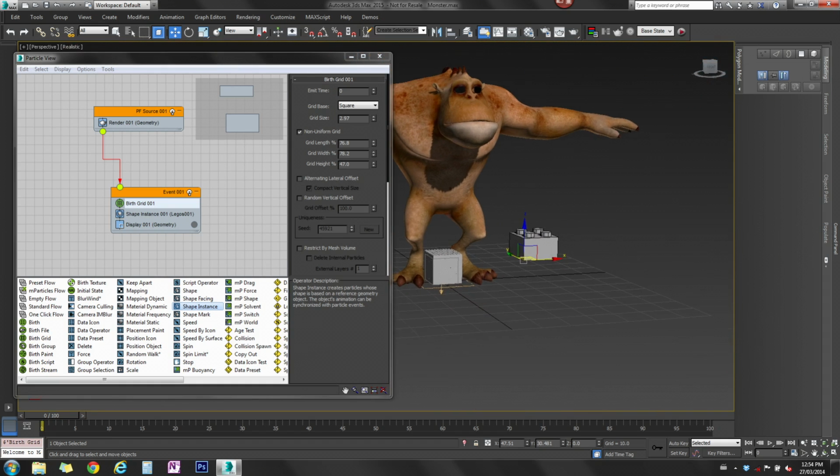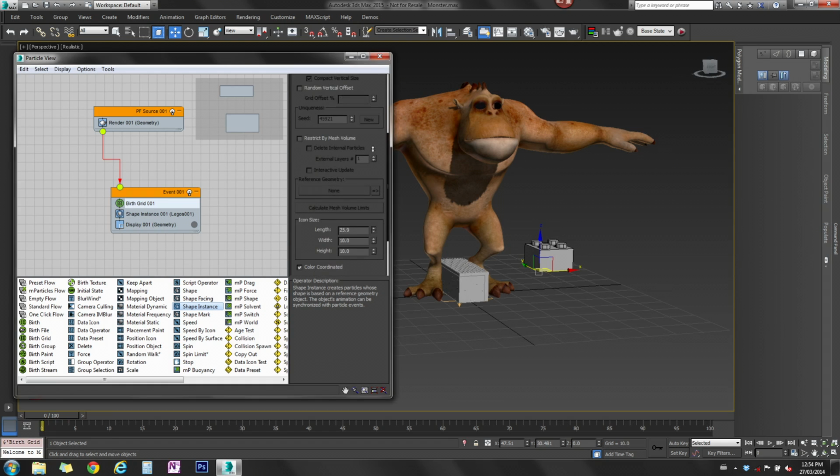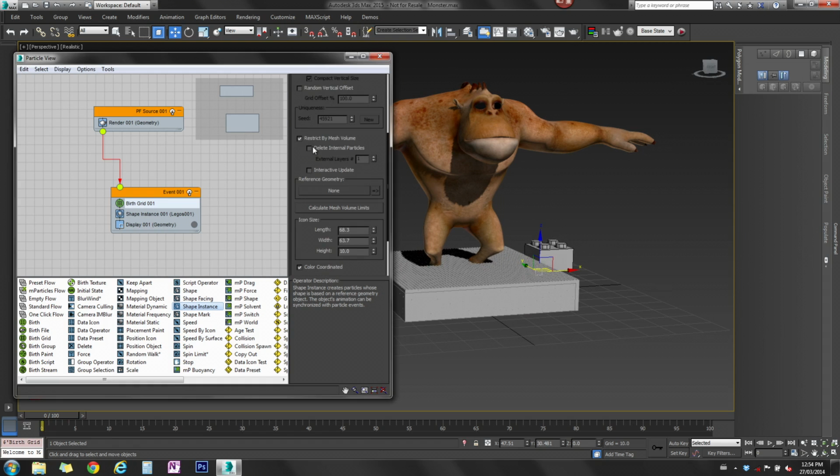Exactly. So if I zoom out, I want that to take the shape of the character. So what I would do is, again, in the birth grid, I would increase the size of the grid itself. And there's a nice tool in here called Restrict by Mesh Volume. You can delete the internal particles. You can keep one layer of particles or two. So if you have something that's hollow,